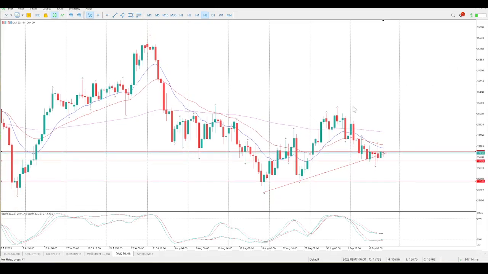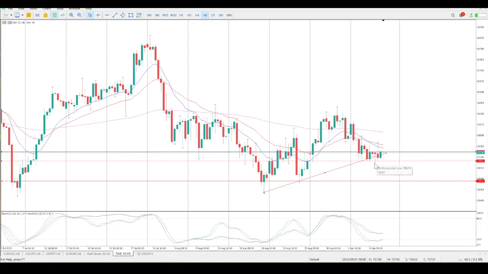My logic was sound yesterday, so we did have the trend line, and you can see how we are flirting with that trend line. And I left the levels in from yesterday on purpose, just to show you. I said to you yesterday, I'm not interested in shorts until we break below 15,681, and I'm also not interested in longs until we get above 15,745. Now we did make an attempt.